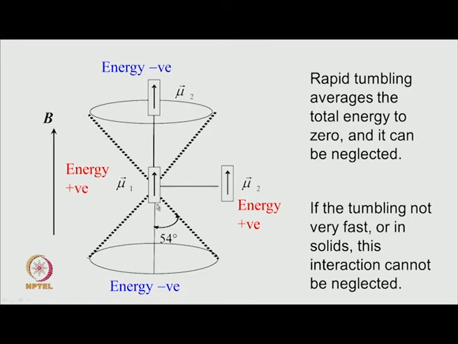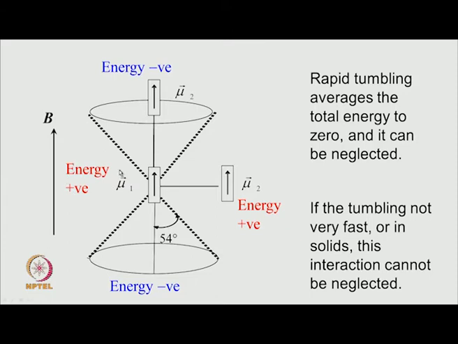On the other hand, when the second magnet is pointing in this direction and is at the top of this first magnetic moment mu 1, then you see here the north and south, here north and south are pointing in such a way that there will be attractive interaction. So, this north is pointing to south. So, the energy of interaction will be negative here, same is true here. So, approximately in this region the energy of interaction is negative and same is true here, and in this region it is positive and this energy is positive.